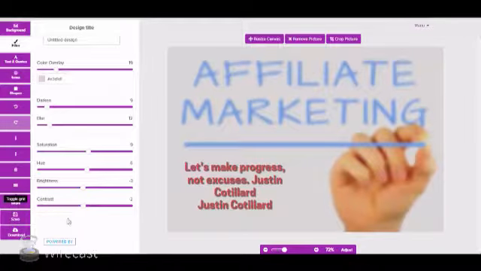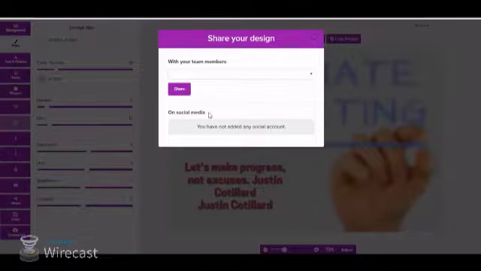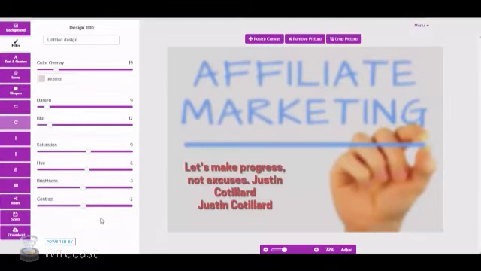and then once you've sort of got it the way that you want it to look, you can actually share it. Now we have two sharing facilities. The first one is with team members, so virtual assistants or co-workers, and then you just hit the share button, or you can share it on social media to make the quote, to make your image go viral. So that's the other thing that you can do, and then you can save it,